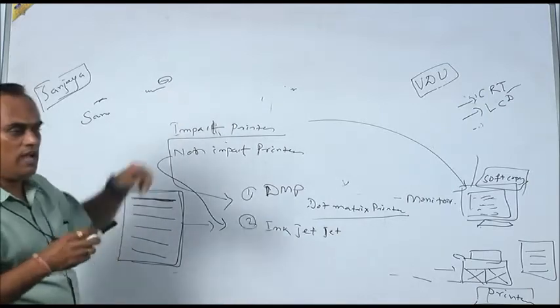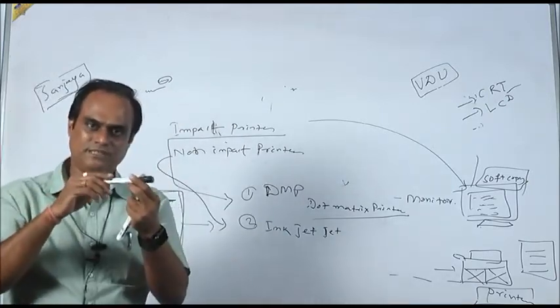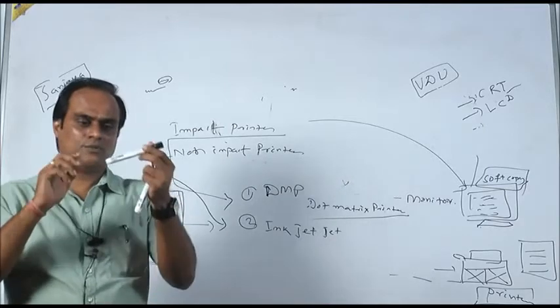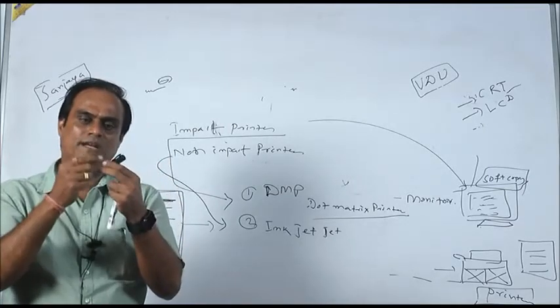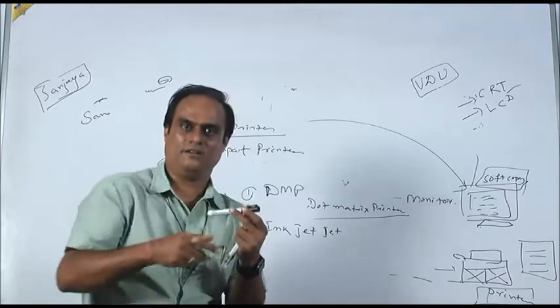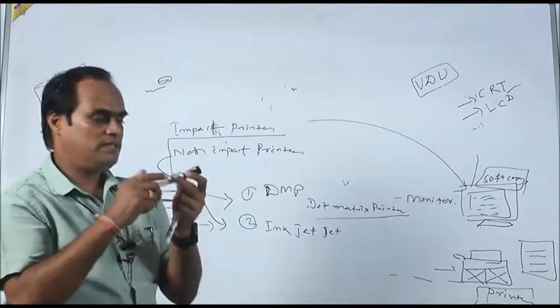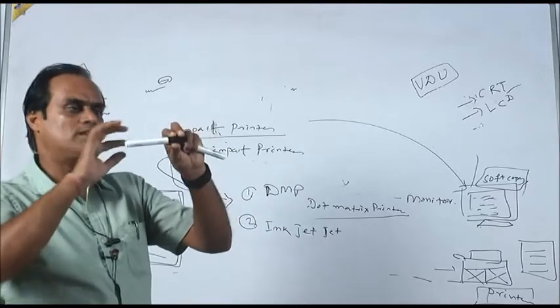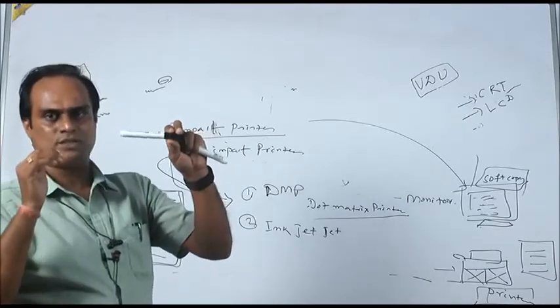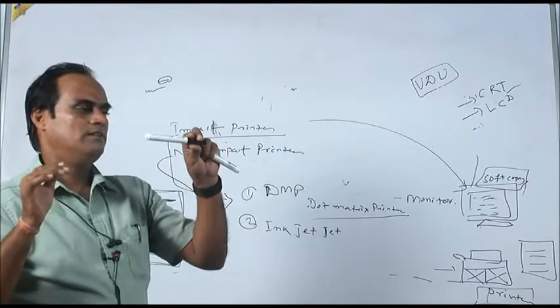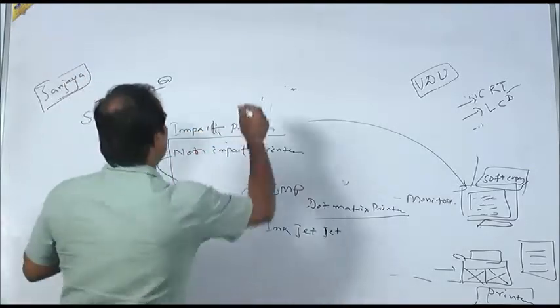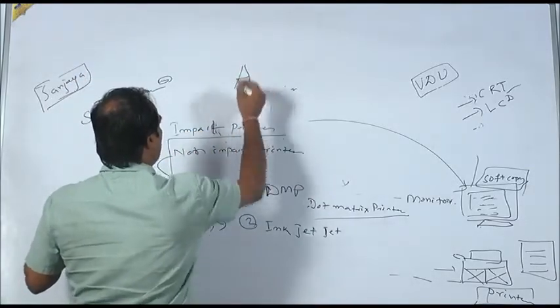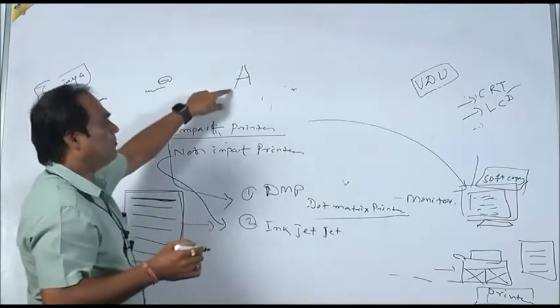So what I will do is push some force. What does the syringe do? When I push some force, automatically it will inject, it will inkjet. Inkjet means it will throw some ink as per the instruction. That means the head receives some instruction from the microcontroller that I have to write A. So I am giving the instruction to print A.